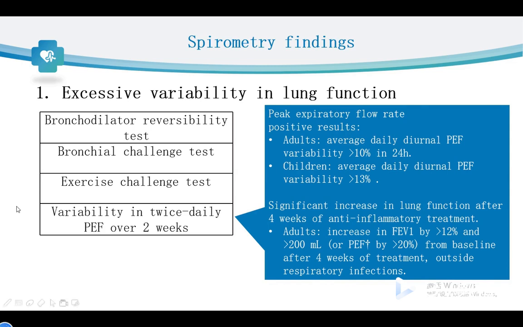And the last one is to measure the variability in twice daily PEF over 2 weeks. The full name of the PEF is peak expiratory flow rate. The positive result in adults is an average daily diurnal PEF variability of more than 10% in 24 hours. And after 4 weeks of the anti-inflammatory treatment, that means the treatment by the glucocorticoid,